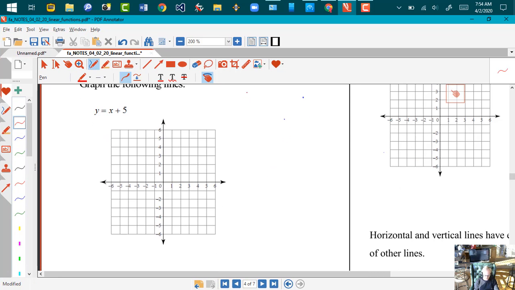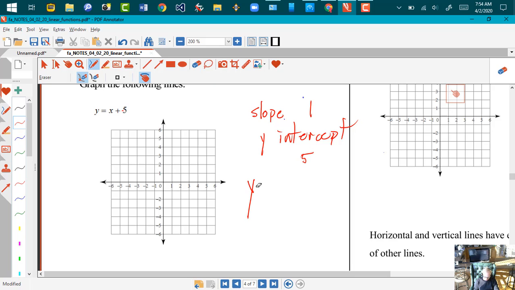Well, first of all, you need to pick out two things. You need to pick out the slope and you need to pick out the y-intercept. Okay, so for y equals x plus 5, the slope is going to be 1. So that's m, and the intercept is 5. So that means the equation,